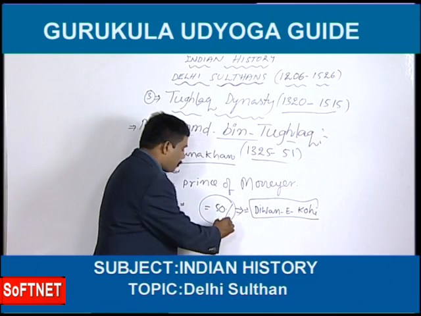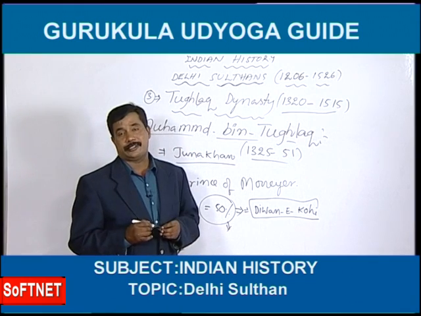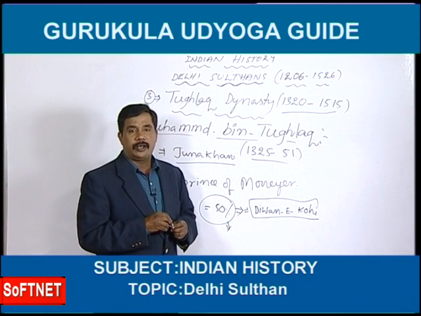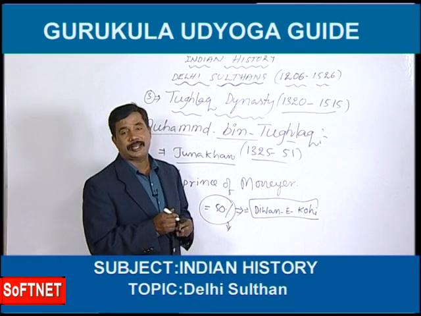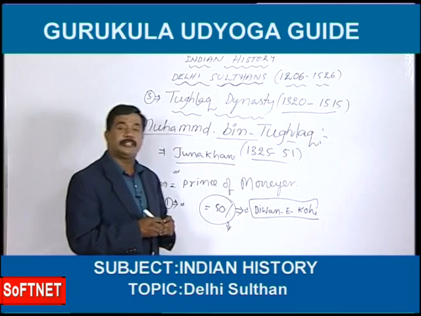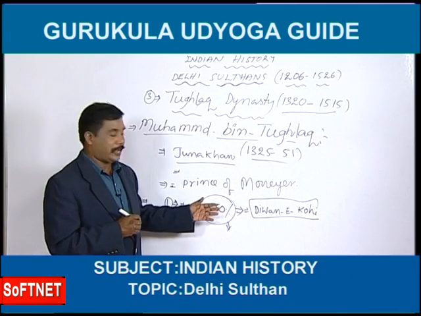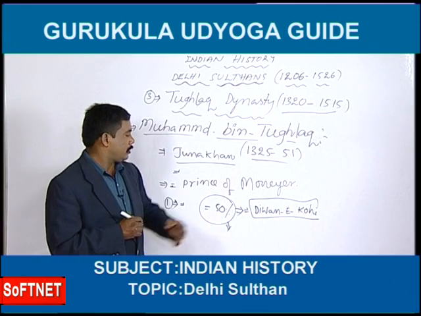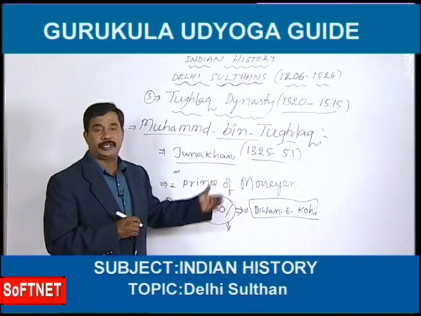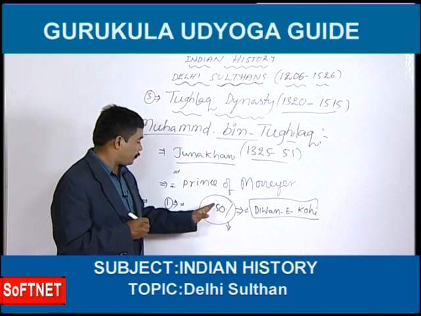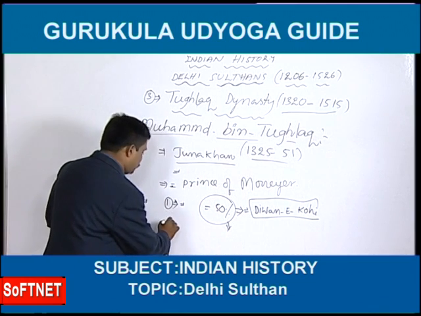But he removed the taxes. He abolished the taxes. But the officials, the Tughlaq officials, they collected taxes. That's why people became very serious. This is the first mistake done by Tughlaq. Actually, he had done a good system, but because of the officials, he got a bad name. That's the first implementation. And second